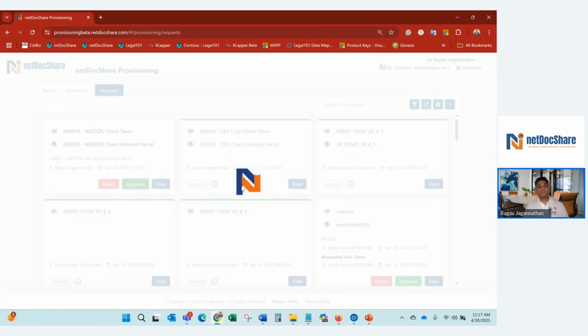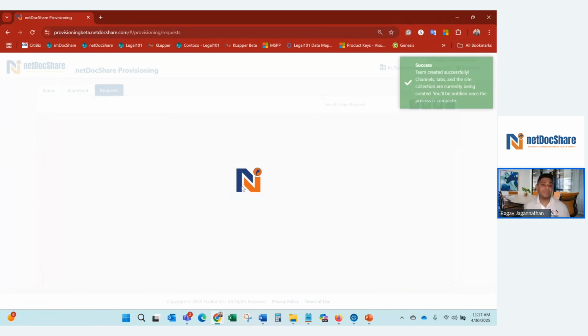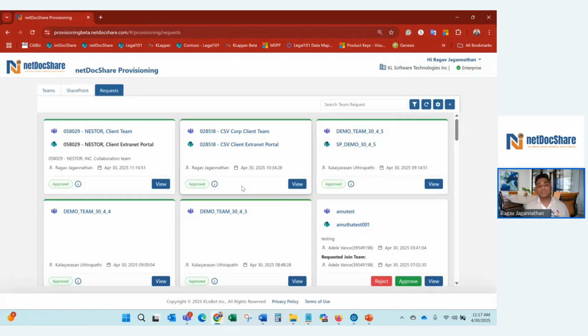As I approve this, it's going to take a few minutes to several minutes, depending on how much traffic there is in SharePoint, because what it's doing right now is automatically creating the SharePoint site, the extranet site, based on the extranet template. It automatically creates a sync job to synchronize that content, the client extranet files from the workspace from NetDocs into the client extranet. It automatically sets the permissions to mimic the NetDocuments workspace permissions on the team that I